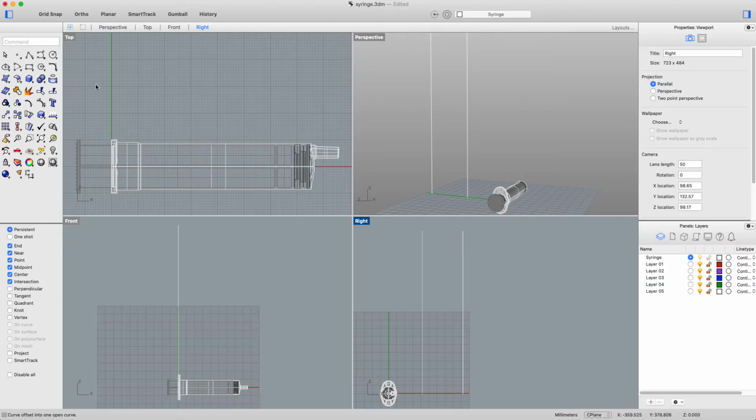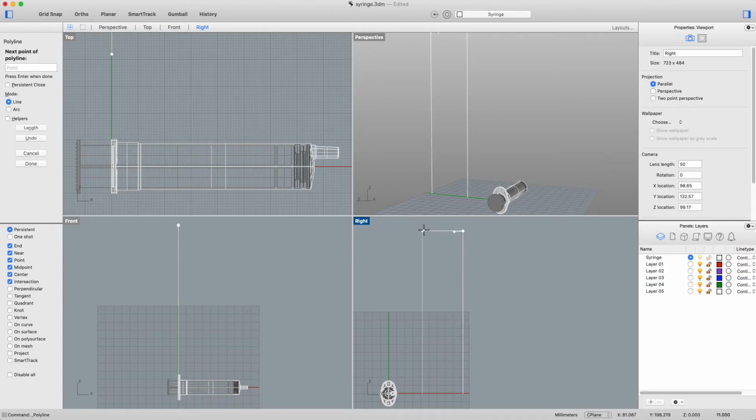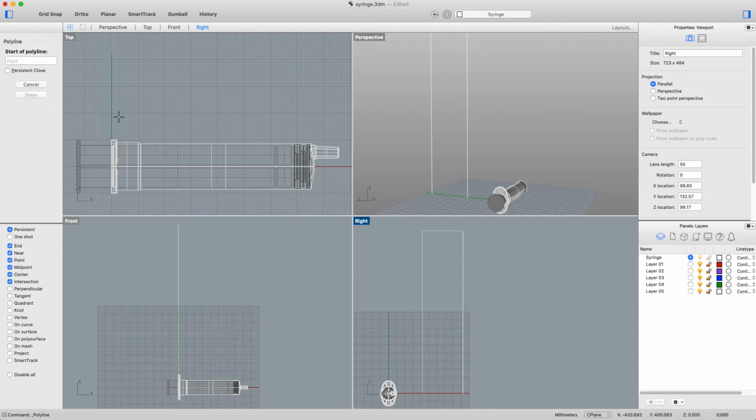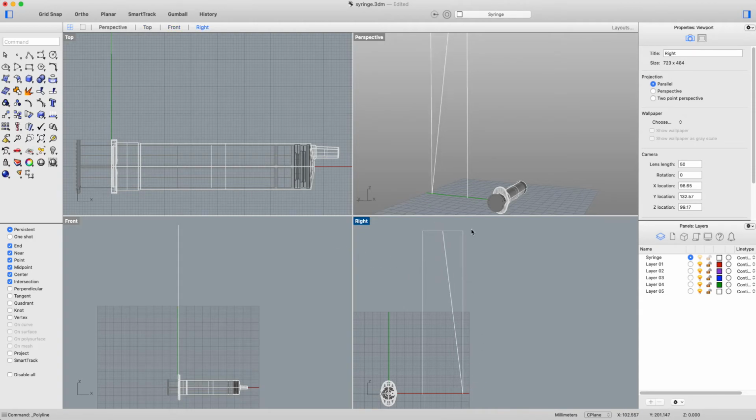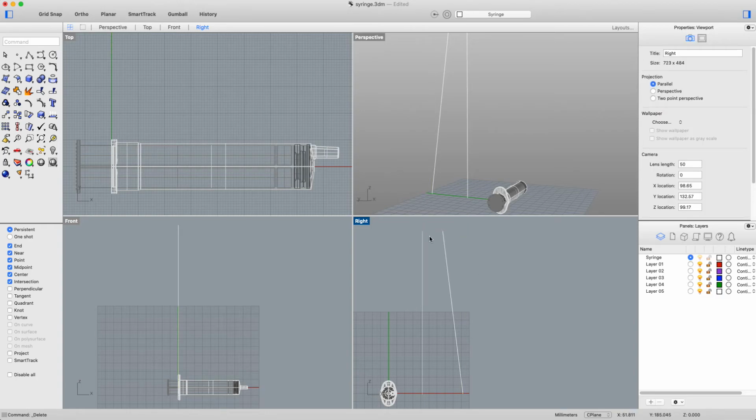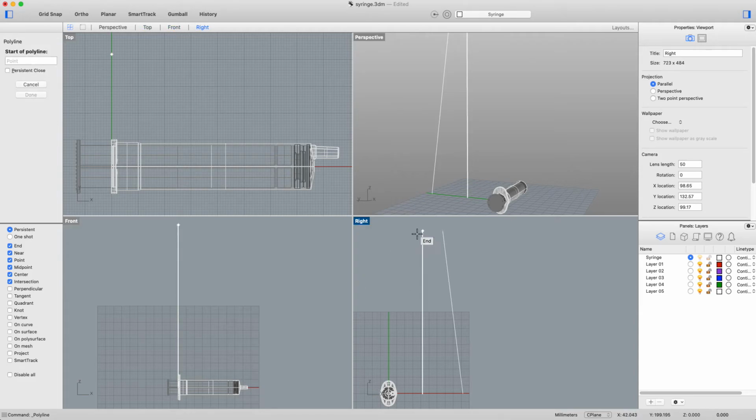I want it to look a little bit more tapered at the top, so I'm just going to draw a line between there, and I'm going to draw a line from the midpoint of this down to the bottom of this. And then I'm going to delete these 2. I just want my crane to have a larger shape at the bottom and a smaller shape at the top. So if I close these lines off,